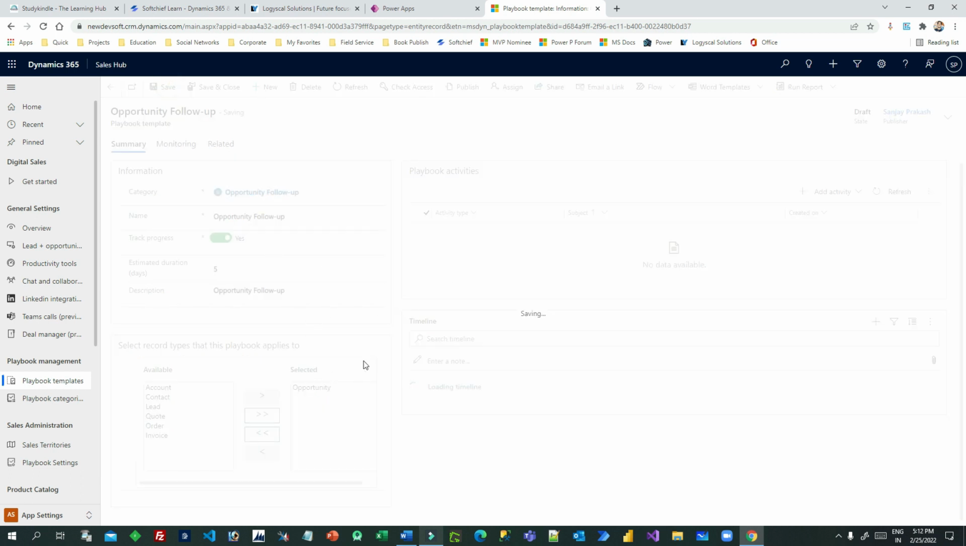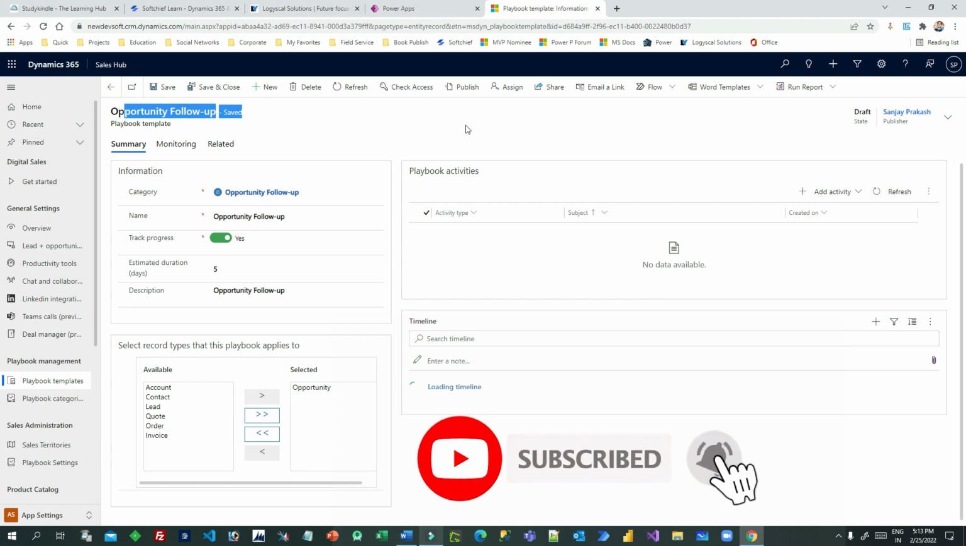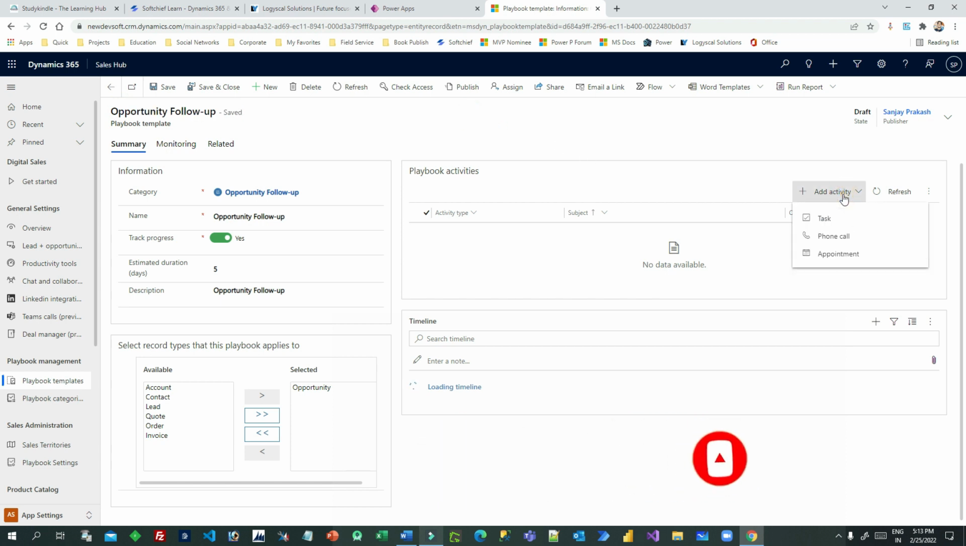The next thing is you have to define the playbook activities. This is important. The purpose behind a playbook is to define some repeatable, well-defined tasks to perform for a specific event. My event is whenever an opportunity is created, I want to define some predefined activities. For example, as soon as the opportunity is created, I want to create a task to follow up with the customer. So I can click on task